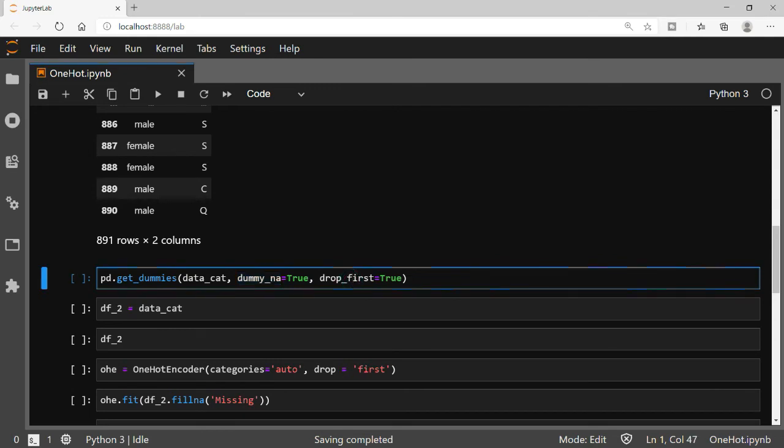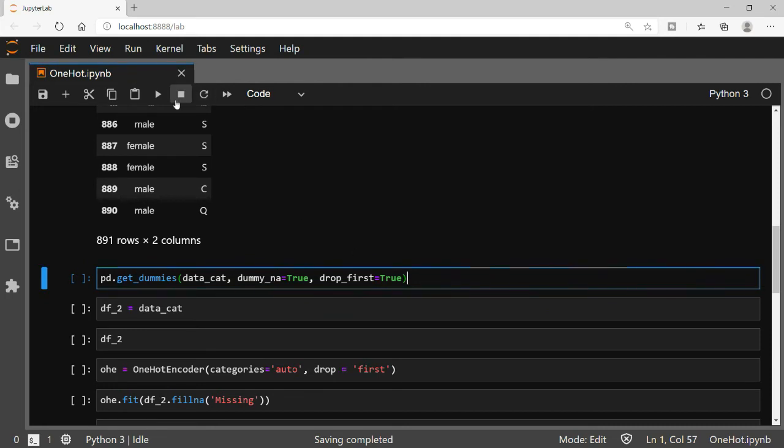And drop first equals true. So what it does is the same thing which I displayed in the one hot encoding PPT a while ago, where we just discarded one column because it was making a duplicacy, or we do not need that, because if it is zero, then we can say that the particular gender was male. And this is the case with any category. You can describe any category in n minus 1 ways. So you can try it and check it out if it doesn't make sense as of now.